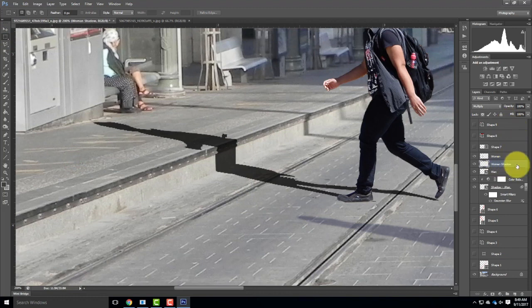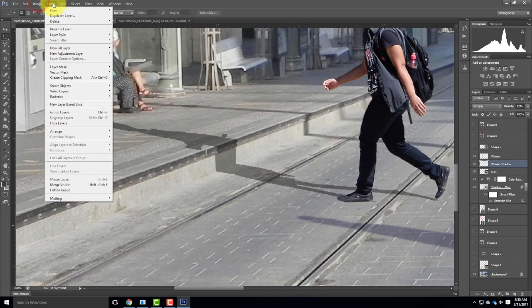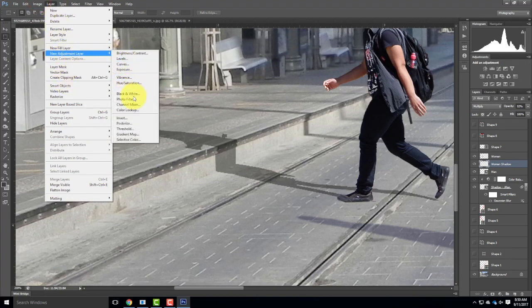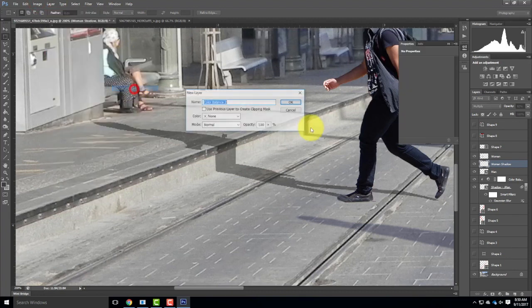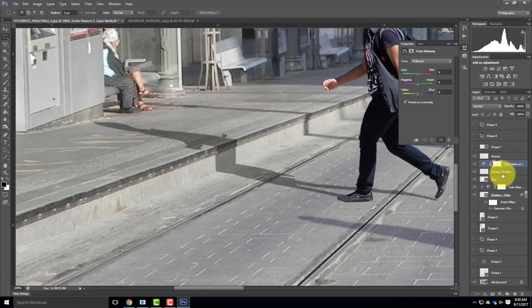adjustments to it. First thing that I'll do is adjust that opacity down. Last time it took about there. The color is again off, so I need that adjustment as well. So let me go to Layer, New Adjustment Layer, and I'm going to do a Color Balance. Remember, I'm going to tie it to the woman shadow, so